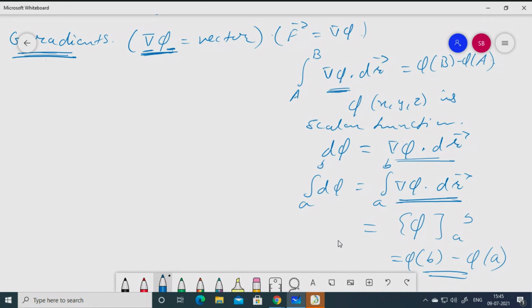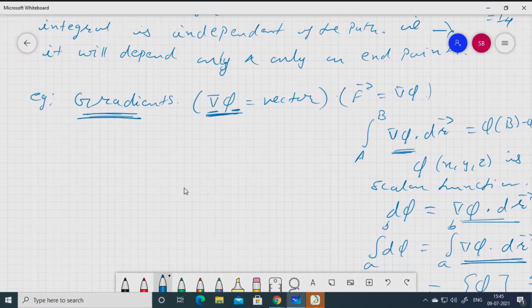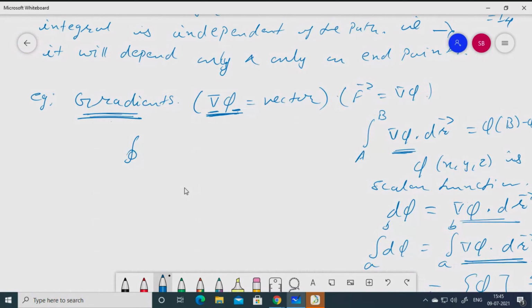Now another special point you can remember here is if the curve is a closed curve. Here I forgot to mention this thing. The curve can be any regular curve, but in particular, if I mention a circle on the integral sign, this means the curve is a closed curve. If you calculate f bar dot dr bar, the value will be 0, and this will happen only when f bar is a special vector function, not for all the cases.